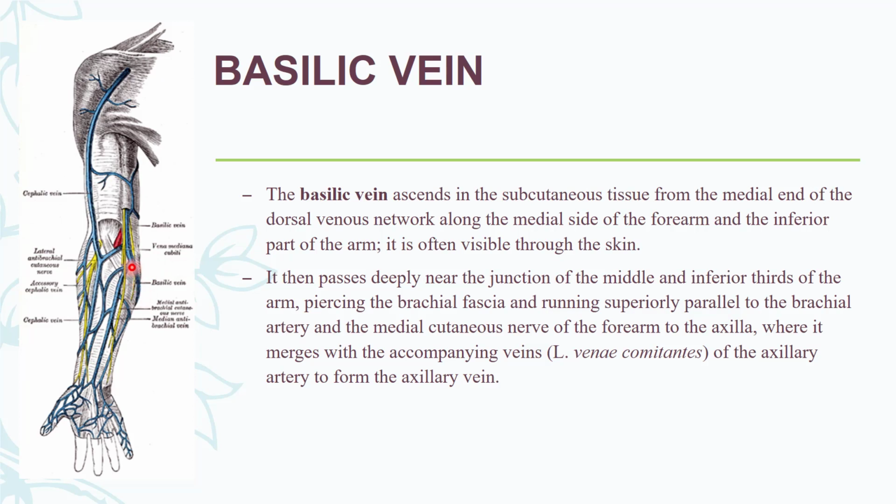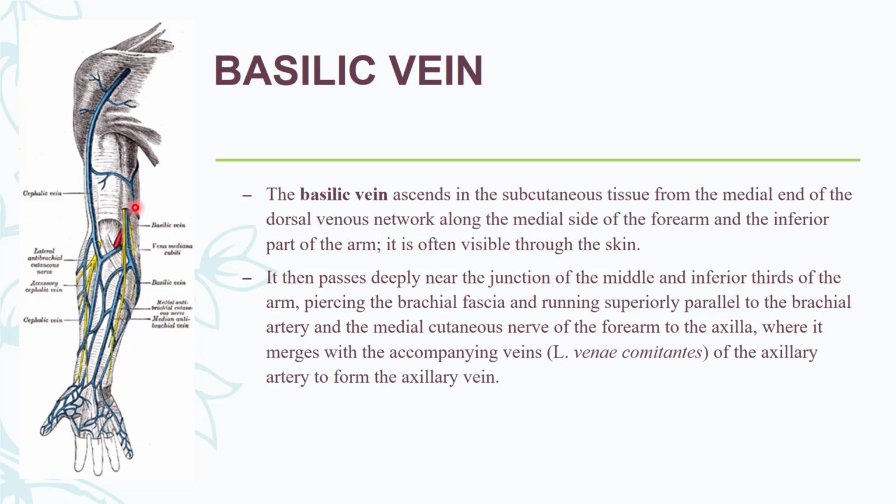It then passes deeply near the junction of the middle and the inferior third of the arm. It will pierce the brachial fascia. Brachial fascia is the deep fascia of the arm. So the basilic vein will pierce the deep fascia of the arm, and it runs superiorly parallel to the brachial